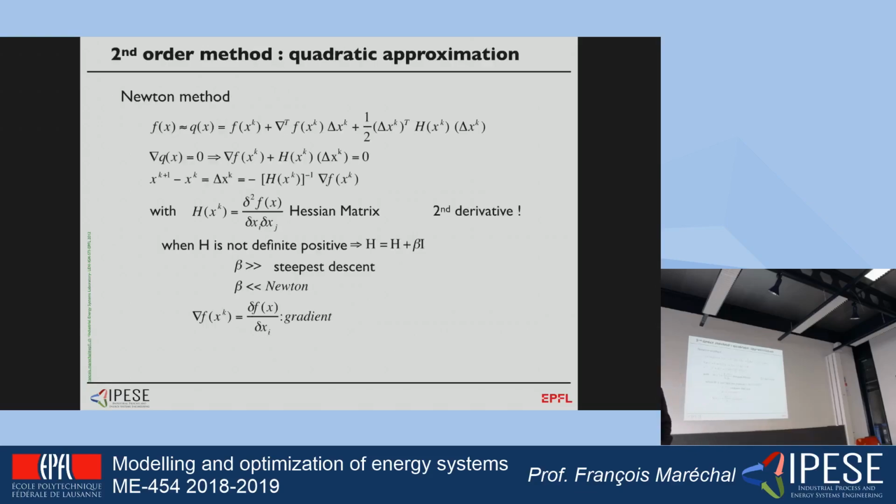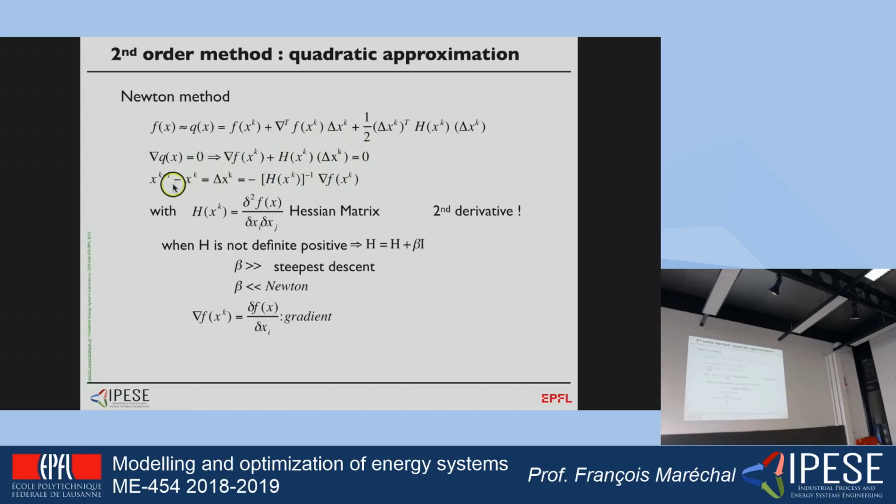Okay, and as I am smart, I can also declare that the objective function that I need to minimize can be approximated using the Newton-Raphson, using the Taylor development that will be limited to the second degree, so not the first order but the second order. Now I have an approximation of the objective function that has, in fact, the second derivative, so the Hessian matrix is the second derivative, and I can express the conditions of optimality as being the gradient of this Q being equal to 0,